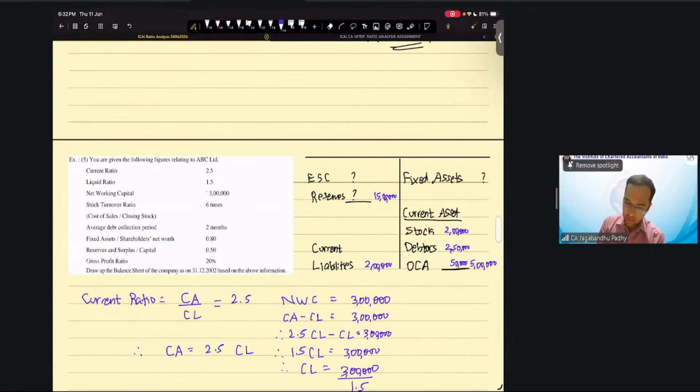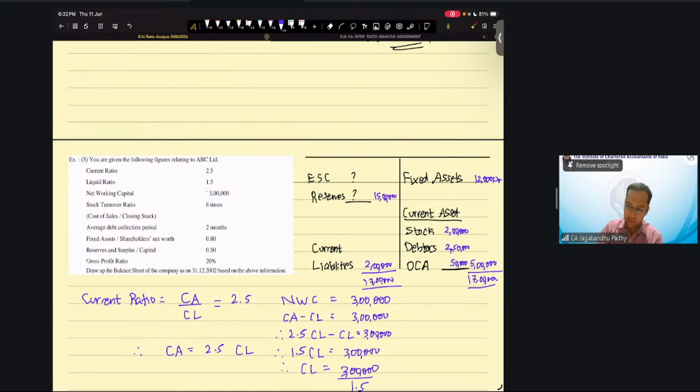So we get the fixed asset value as 12 lakh. You can definitely say that the balance sheet tallies at 17 lakh,